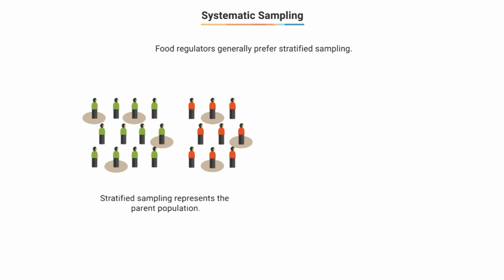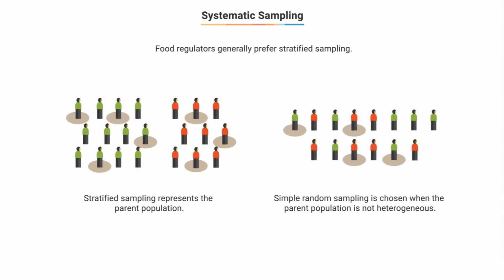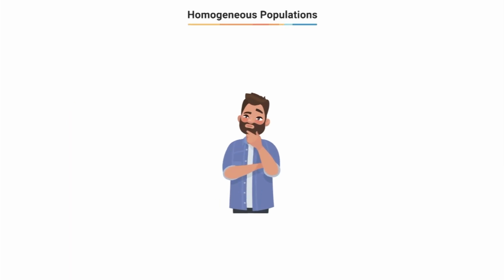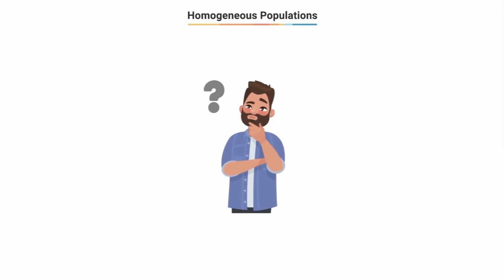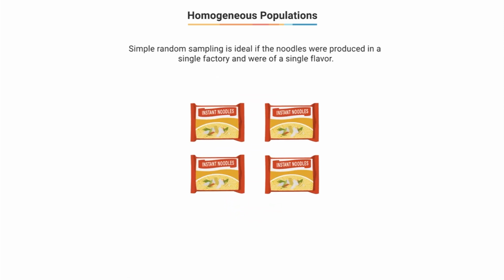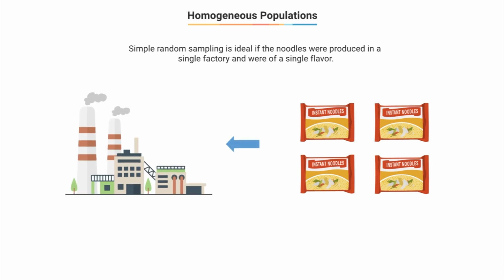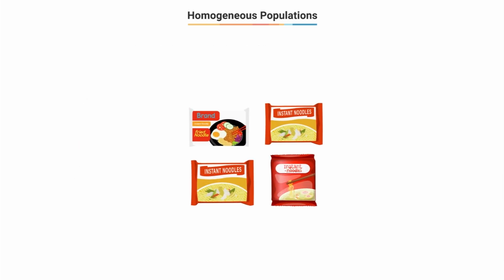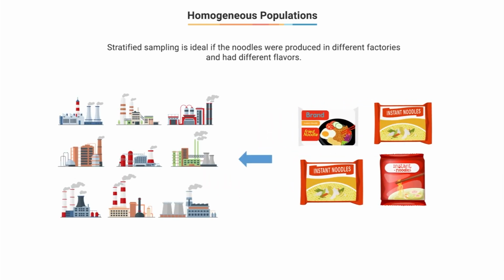However, in many cases, simple random sampling is also used when the parent population is not heterogeneous in nature. What could be those cases where the parent population is not heterogeneous in nature? For instance, if all the Noodle packets are of the same nature and manufactured in a single factory, then simple random sampling would be the most straightforward. But if the packets came in different flavors and were manufactured in different factories, then ideally stratified sampling would be